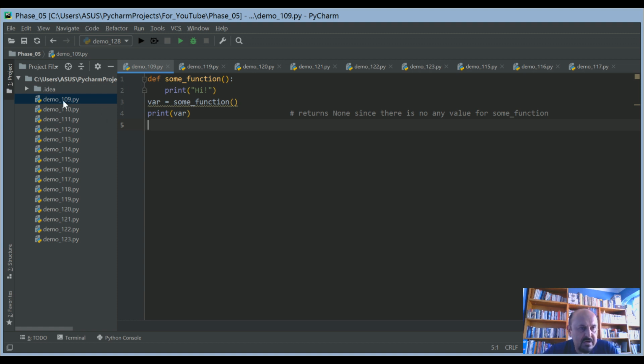Where we left in our demo 109, I defined some function. Within the block of this function, I apply the print command, just as "hi", and out of the block I define a variable and assign it as some function. This is the recall, and I make it printed. So after we run the program,